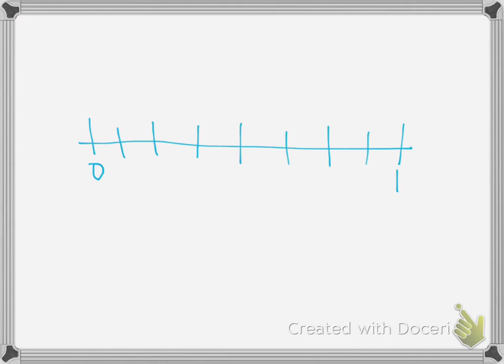So we have 1, 2, 3, 4, 5, 6, 7, and 8. There are 8 sections in this number line. So we know that the whole is 8 out of 8,